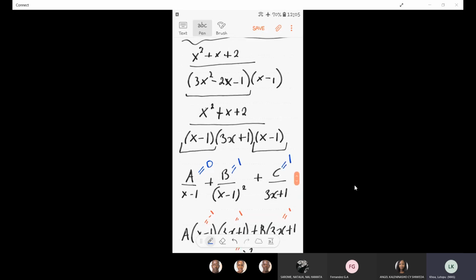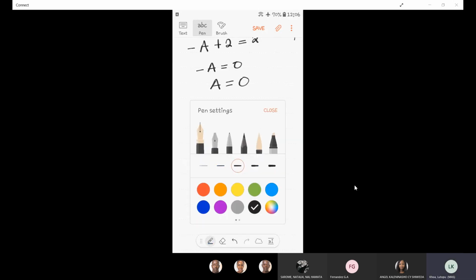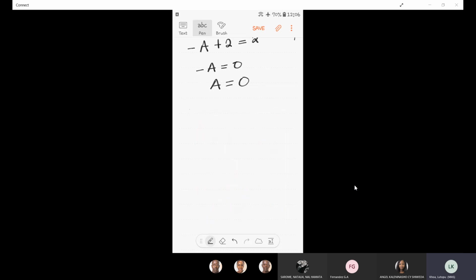So when I decompose it into the partial fractions, what I have, okay, so decomposed, I will have 1 over 3x plus 1 plus 1 over x minus 1